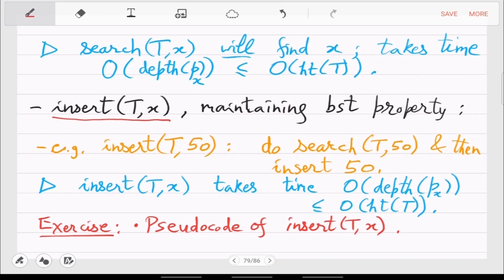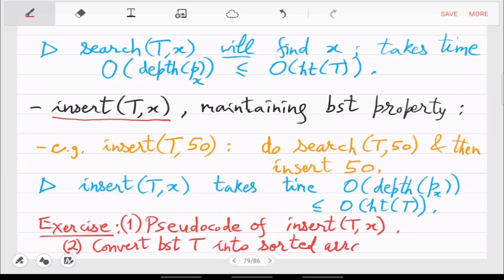A more interesting exercise is to convert a BST into a sorted array, in linear time.